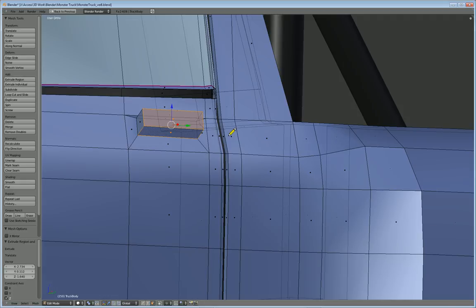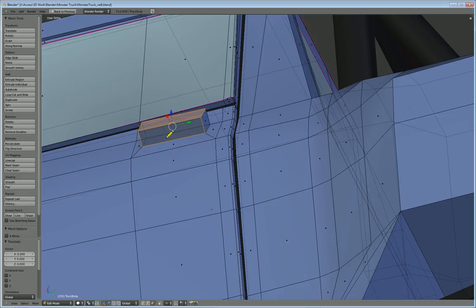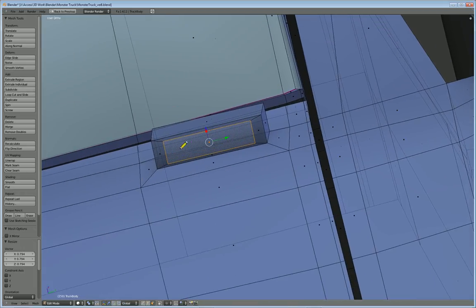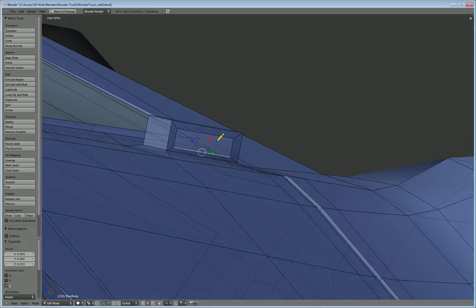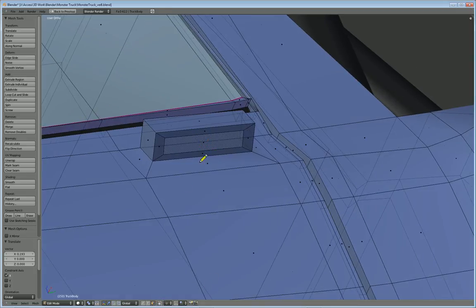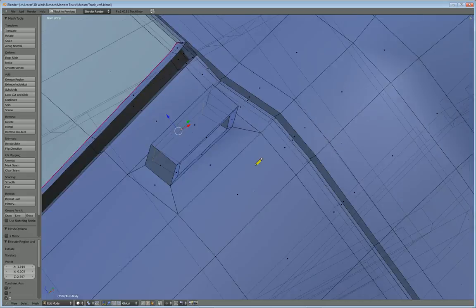I don't know, a couple of ways that you can do this. But I think what I'll do, I'll just go ahead and choose the bottom. I'll do extrude and scale it down. Get in here where we can look at this. Just going to size those down a little bit. Okay, back into face mode, select that face and just extrude it inward. Okay,